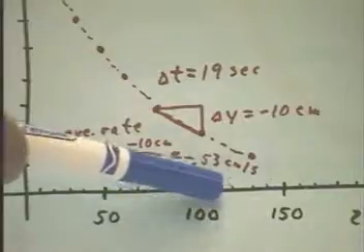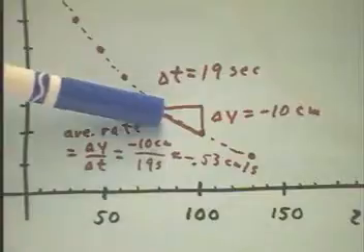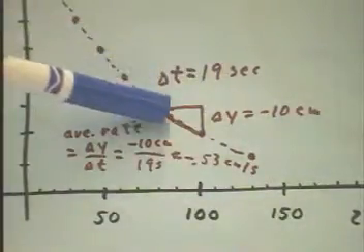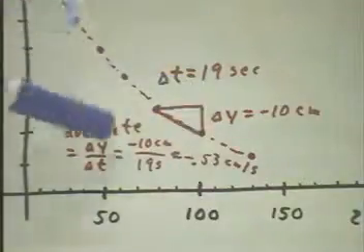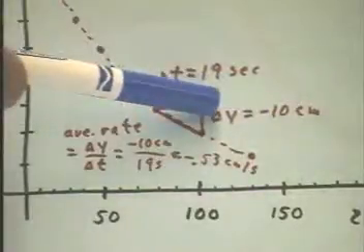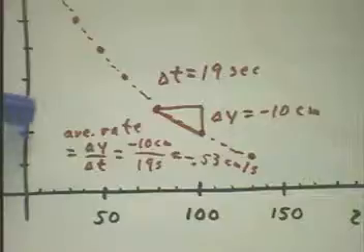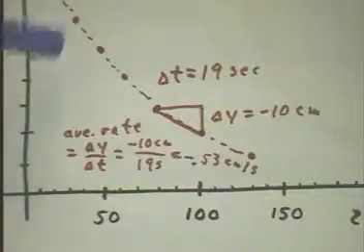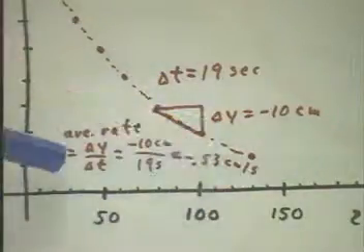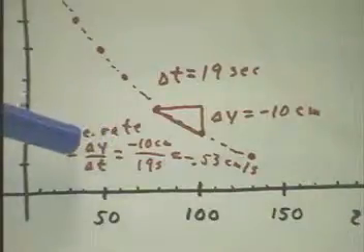the distance from 81 seconds to 100. We take that and we start at the data point and move to the right for that 19-second distance, and we call that the run of a triangle between the two data points. Then we have a rise of negative 10 centimeters, of course corresponding to the change in depth from 30 to 20 centimeters. The average rate is the change in depth divided by the change in time, and of course that's